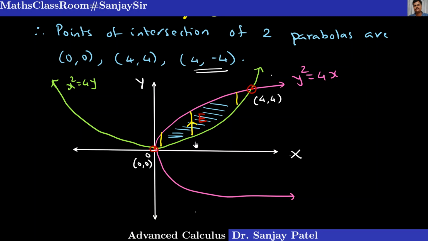So we are integrating with respect to y first, so limits of y will be obtained by this lower end and the upper end. See, this lower end equation is the parabola which is green colored, and from this I can obtain the equation of y as y is equal to x square by 4. We have to make y as a subject of the formula because I want this equation in the form y is equal to something. So this is y is equal to x square by 4, which is my phi of x. And then y is equal to this curve, the pink parabola.